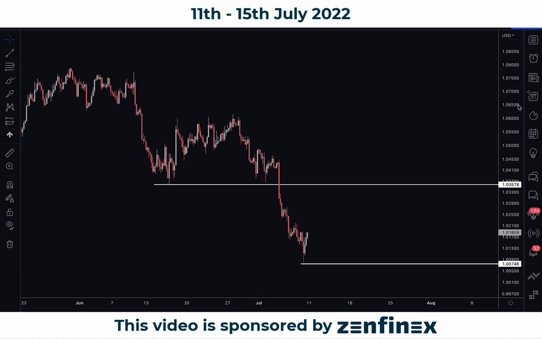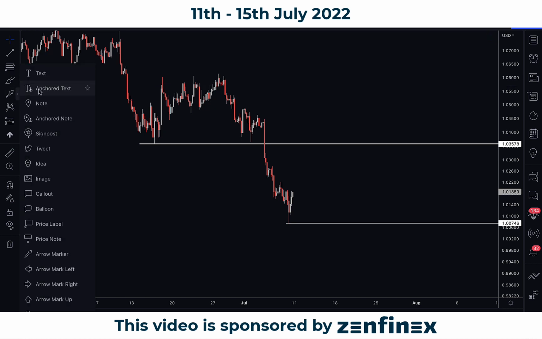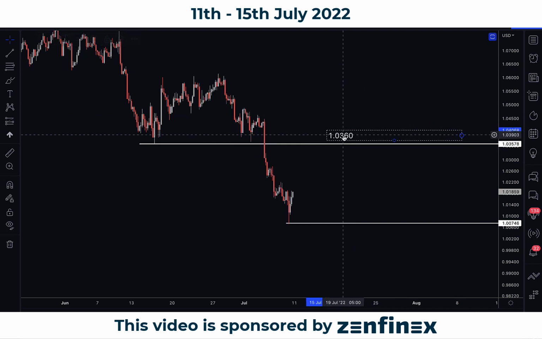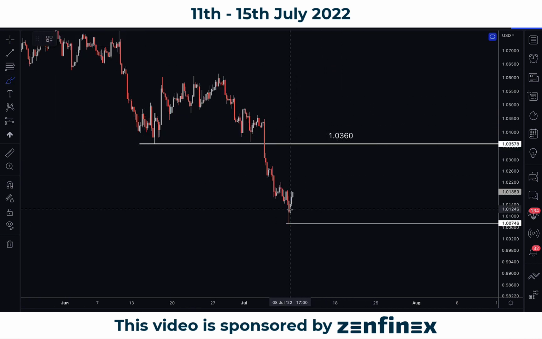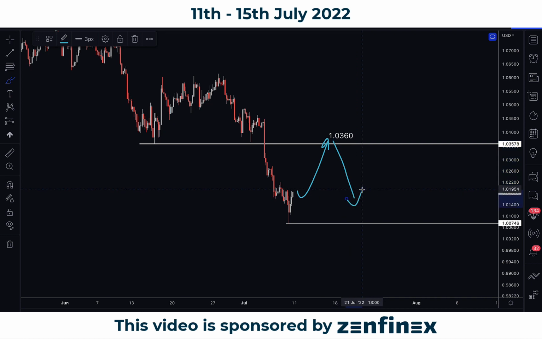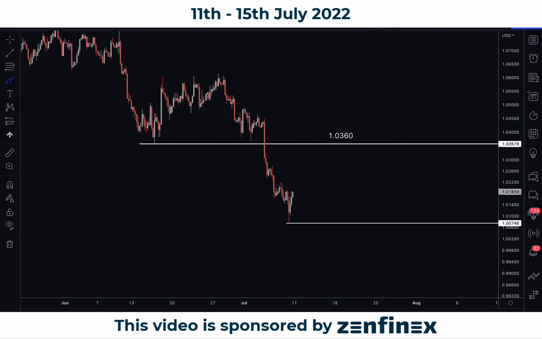Looking at the chart right now, I'm not going to be surprised if we see the euro dollar bounce a little bit, perhaps coming back to around 1.0360 to retest the previous support, which of course can turn into a potential resistance zone. So do look out for it. If you're looking at short-term opportunities, we can look for a buy towards a target of 1.0360, and when the price reaches around there, we might want to consider looking for a longer-term sell on the euro dollar from there. So this week, if you're focusing on euro dollar, you can potentially look for a short-term buy opportunity on it.